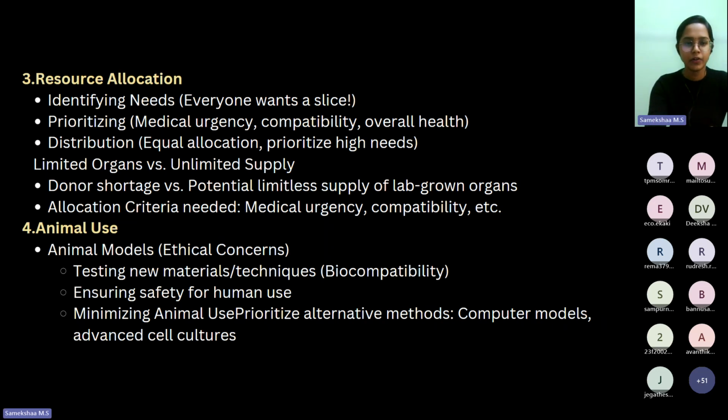So, this is all about resource allocation. Now, let us move to the last ethical concern which we'll be discussing today, which is the use of animals. As we have discussed in our first session,